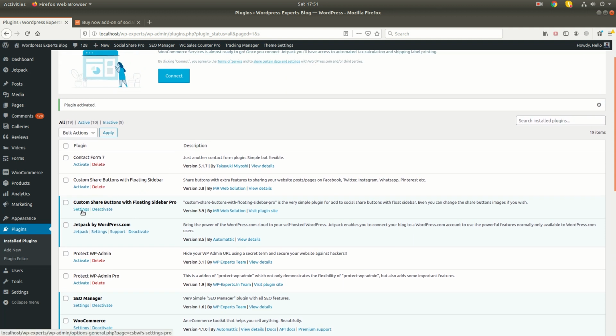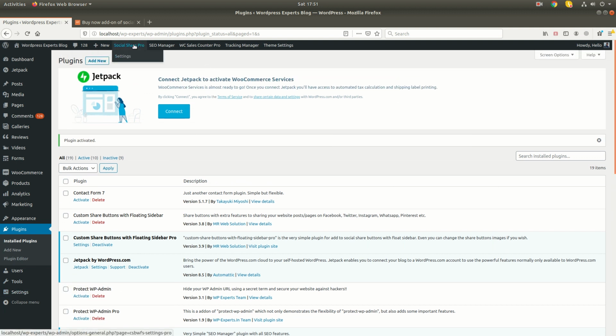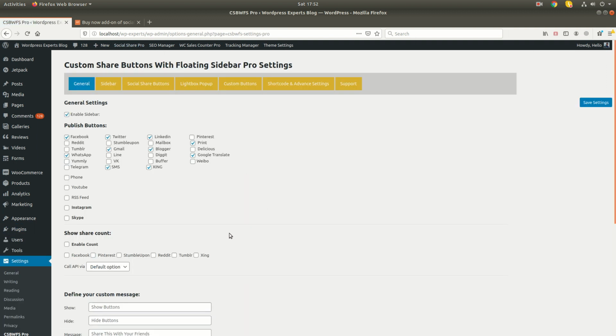Okay, so let's review the settings. You can find the settings by this link, and you can find the link under Settings as well, this one, Custom Pro, and you can find the link on the top bar as well, whenever you need it. These are being auto checked. It means we have set up this add-on before on your website, that's why it's showing auto check. Let me explain the settings of every tab.